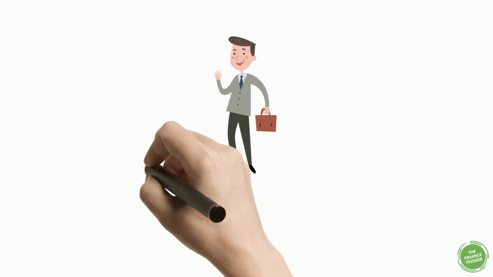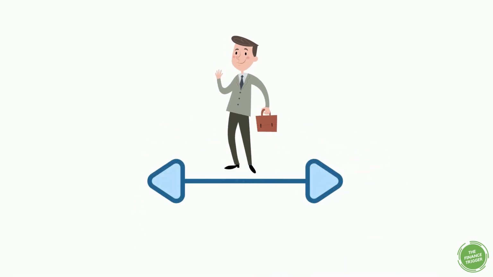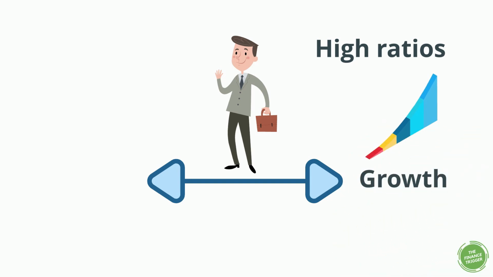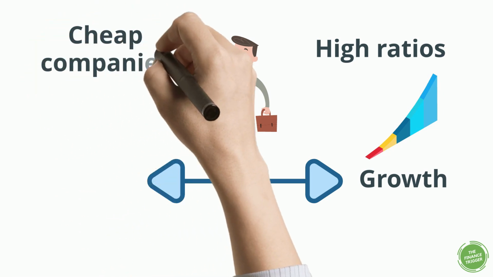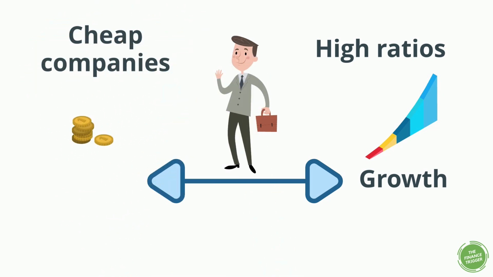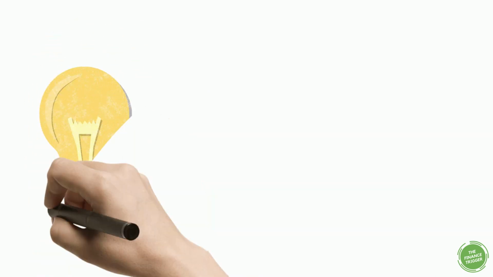You decide what kind of investor you are. Do you like expensive companies with high ratios? Then maybe you are closer to a growth investor profile. Or you like cheap companies that produce good earnings and cash, so probably you are closer to a value investor profile. I hope this will give you an idea of where to start evaluating a company.